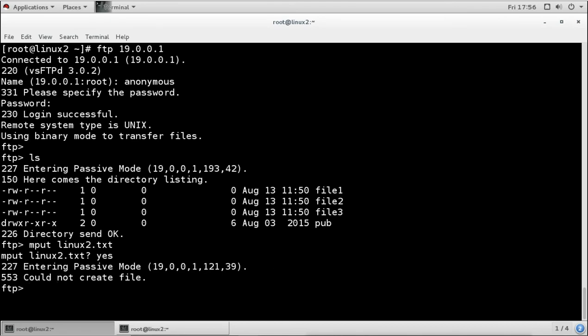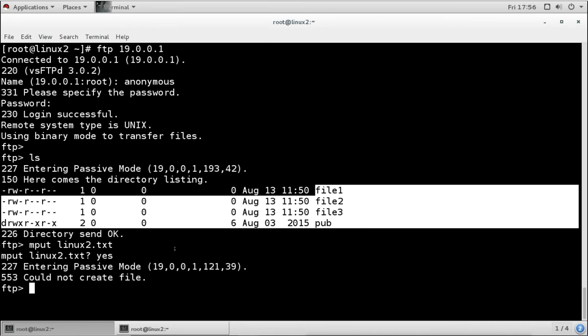It is not giving me permission denied because I have allowed the anonymous user to upload. But it is giving me another error. It is saying could not create file. What that means is that the anonymous user does not have permission on the directory where we are trying to upload the file.